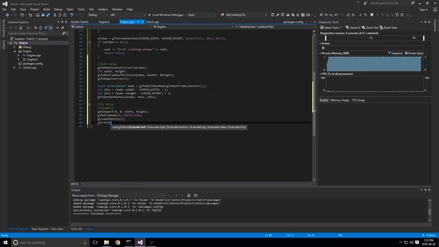Now ortho, this is how we can set up what's 0, 0, top left, top right, bottom left, bottom right. So if we do the left, we want that to be 0, and the right, we want it to be our width. Again, we're using the same values from our viewport here. So the right will be the width. The bottom, again, will be 0, because I want 0, 0 at the bottom left. And the top will be our height. So as y increases, that moves up along the screen. As x increases, that moves to the right across the screen.